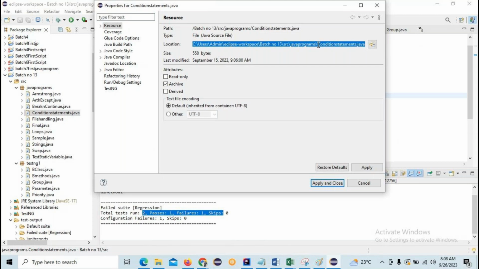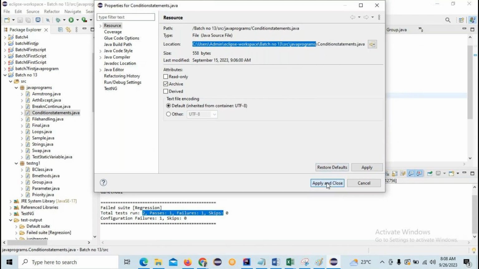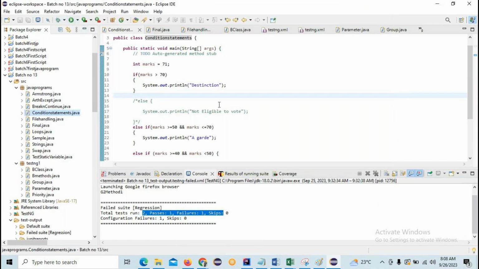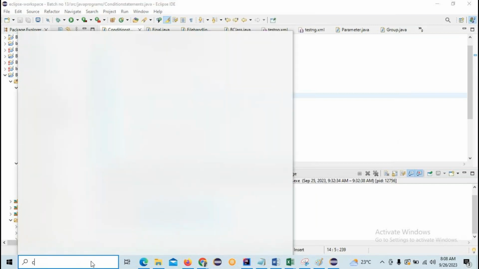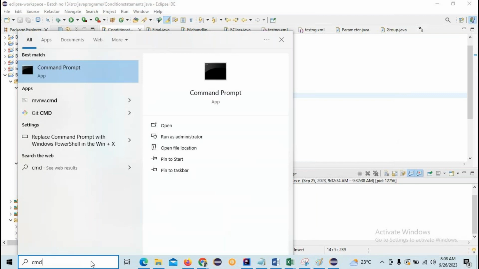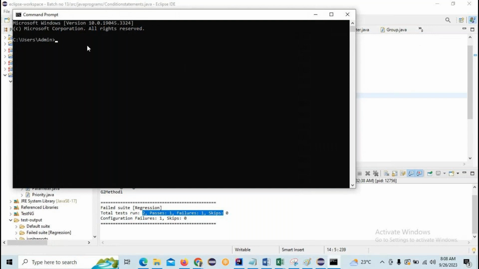If you want to run in Eclipse, there is nothing extra to do. You can directly click the play button, or right click and there will be an option, Run As Java Application. It would be fine. But if you want to run through the CMD, the command prompt, first you should go to the path where that program is. My program is under the Java programs. Let's see what programs are available under the Java programs.